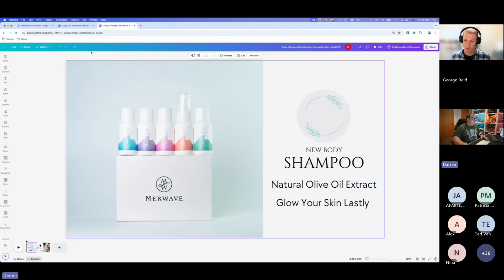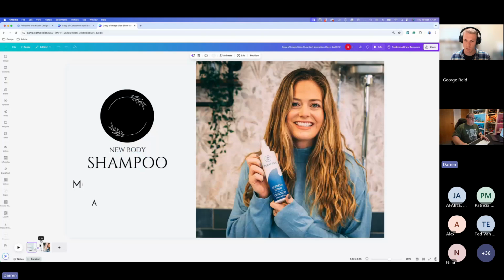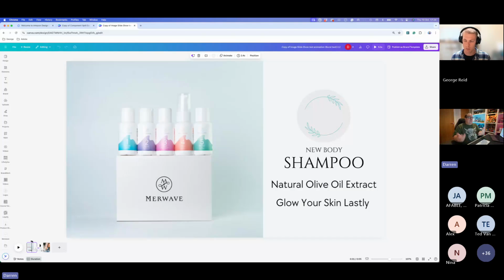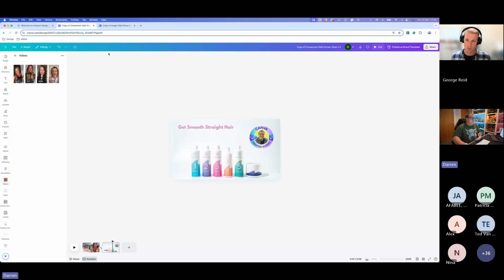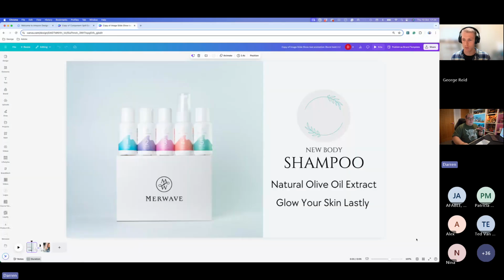I'll close that panel. So now we've got, again, 2 other assets there, but how do we now add these onto our design that we've already started creating? Well, the easiest way to do this is if you come down in the corner here, you can see you've got grid view.